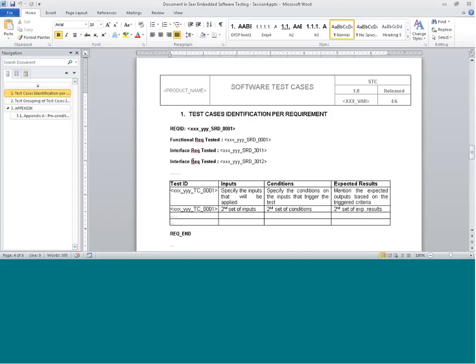Interface could be an interface with the primary requirement. Suppose the requirement says that based on some value, some action will be taken. So how this value is going to come is what is going to be attached with the interface requirement. So interface requirements will specify the interfaces required for the particular set of requirements. Functional requirements will highlight the functions or the operations. All this will be listed as part of the test case identification,